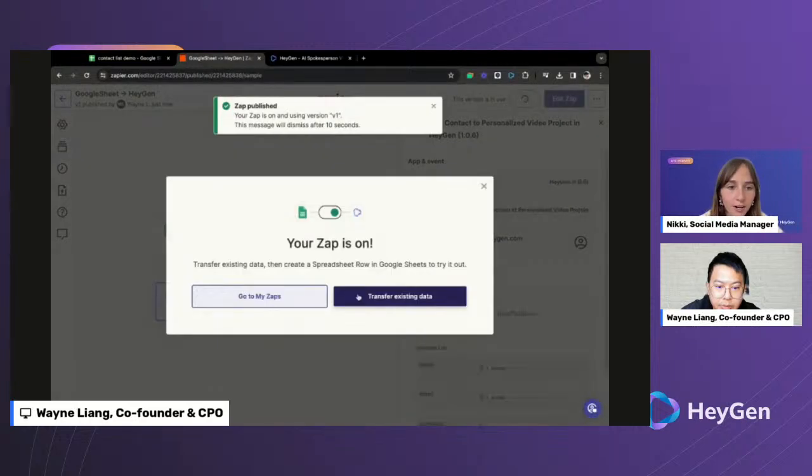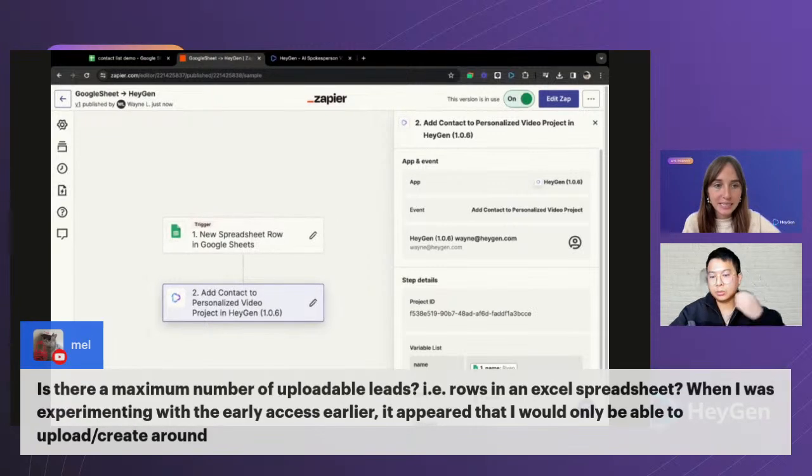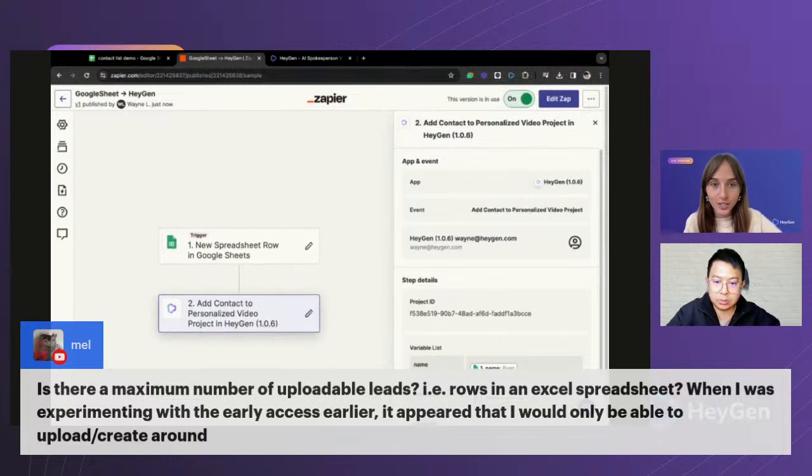Awesome. We do have a question that a couple of people are asking. Is there a maximum number of uploadable leads, so rows in an Excel spreadsheet? I know this person and a couple of other people might have tried the earlier version, so maybe there have been some updates to that. But